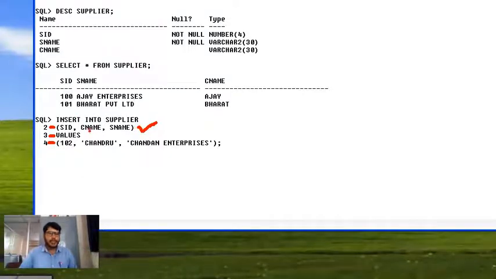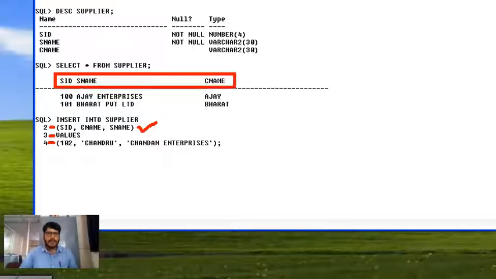It doesn't matter in which order you have created the table structure. In the table structure, you can see here SID is the first column, S name is the second column, and C name is the third column. But while inserting the values, I am using C name at the second position and S name at the third position. So it will not make a major difference here.